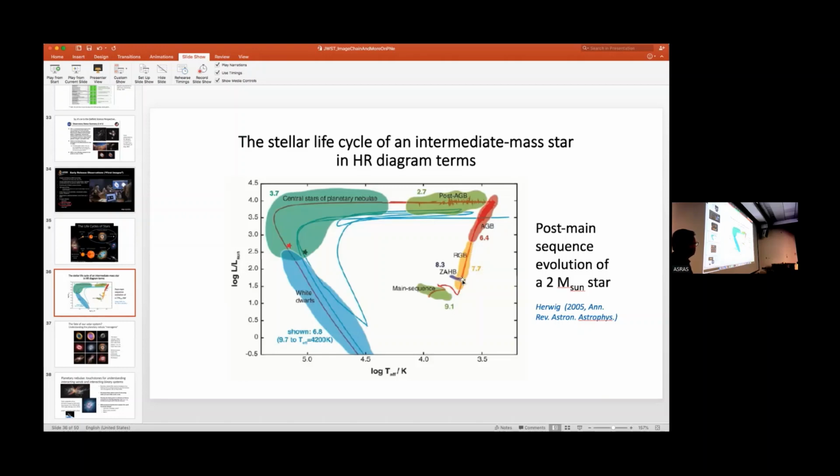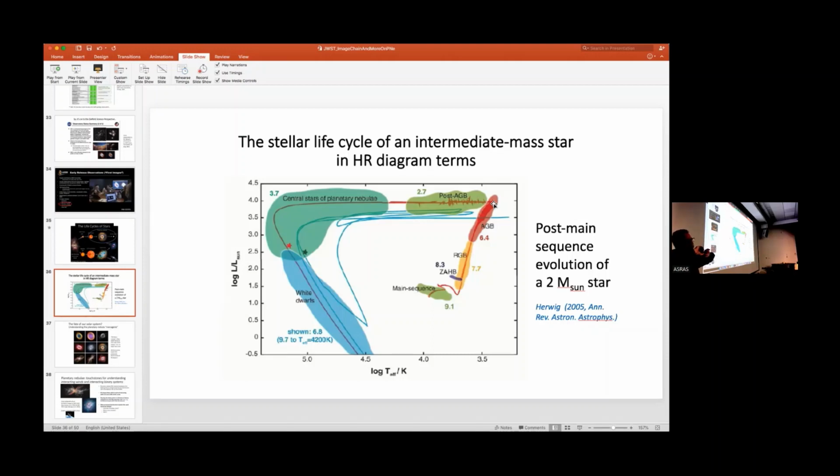At that point, it kind of becomes a main sequence star for a second time, a helium-burning main sequence star. After all that helium is used up in the core, the star will start to fuse hydrogen in a shell, and inside that fuse helium in a shell into carbon. At that point, you get what's called an asymptotic giant branch star, the phase just before the planetary nebula. Eventually, the outer layers of that asymptotic giant branch star, which is an enormous structure, probably about the size of the Earth's orbit in terms of its diameter,